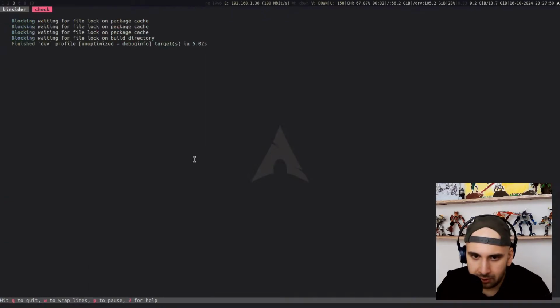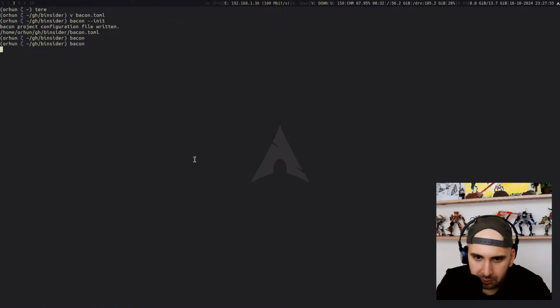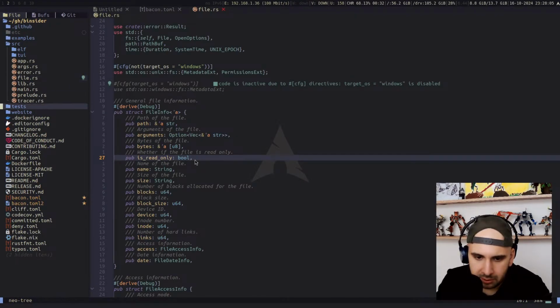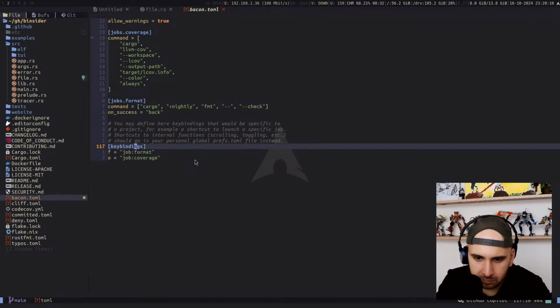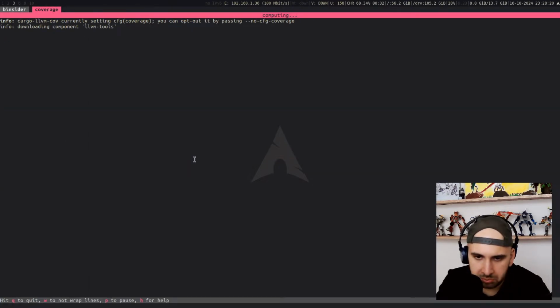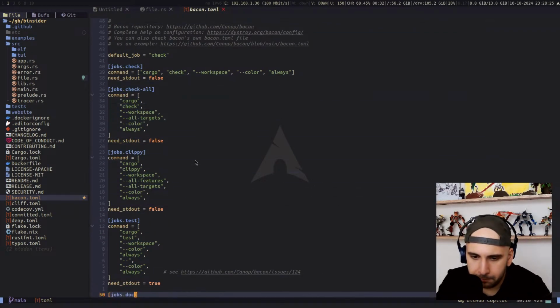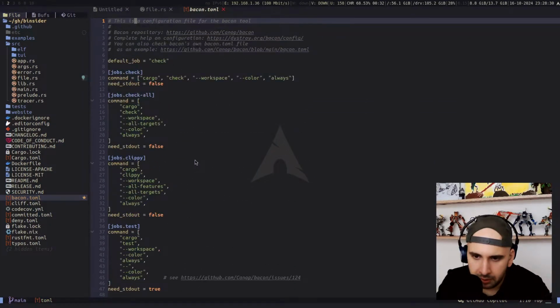Okay, check is now running, I guess. Yep. But so what's the catch of bacon? I mean, it's just running check when I save. Yeah, that's it. Or let me check Josh's config actually. So Josh is doing more stuff. So format. Coverage. Okay, I see. It's quite simple. It's just running a command. I guess it's good for having defaults in your Rust project, but other than that,